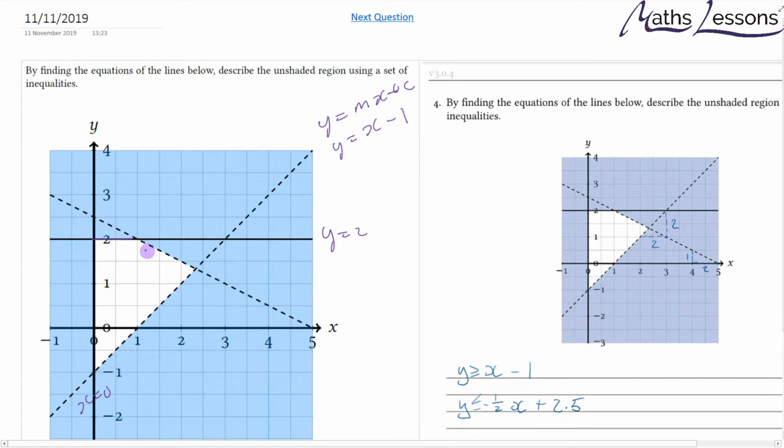And then for this graph, we're going to cross at 2.5. So y equals mx plus c, and we know our c is going to be plus 2.5. Then we can see the gradient goes down 1/2 for every 1 we go along, so the gradient is minus 1/2. y equals